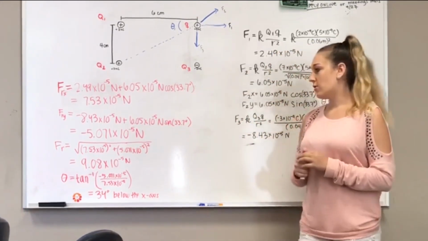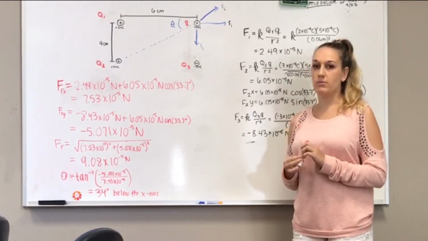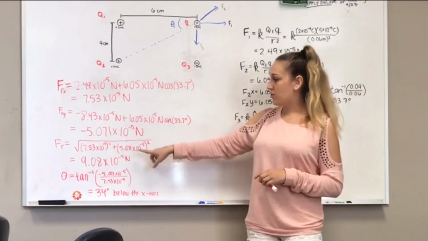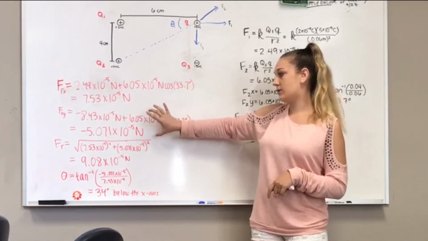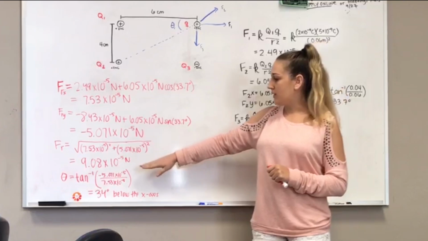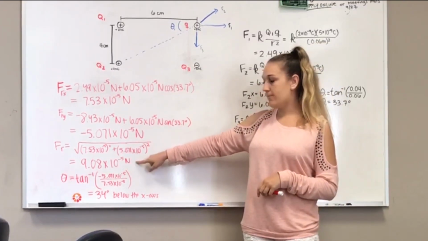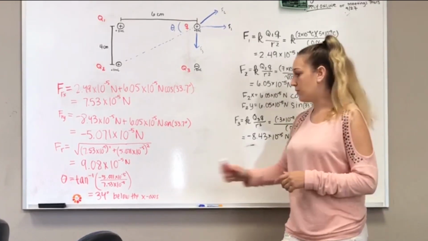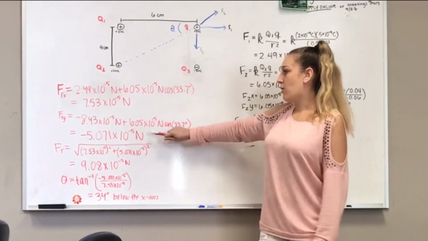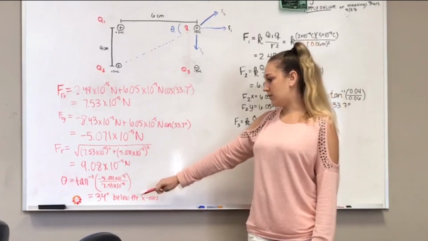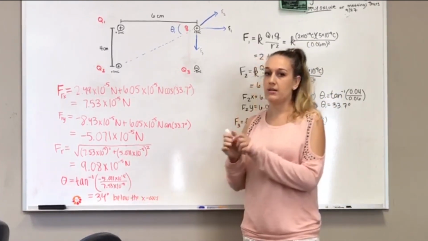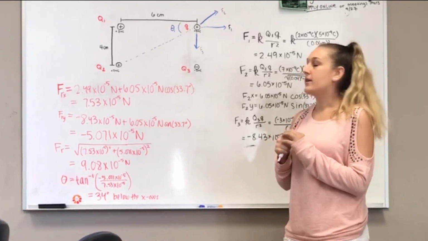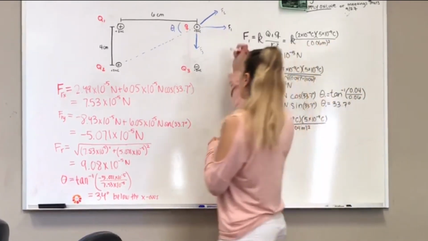To receive the overall magnitude of the force vector acting at this charge, we then took the square root of those 2 components squared and added together to receive this overall magnitude. And then to get the angle of the resultant force, we took the tangent of the y component over the x component to receive 34 degrees below the x-axis. So this overall force acting on the 5 nanocoulomb charge would look something like